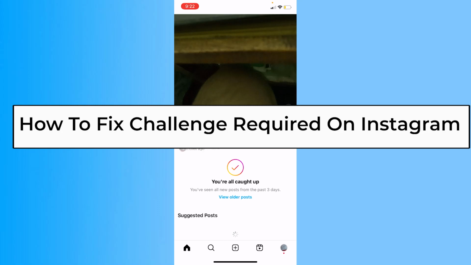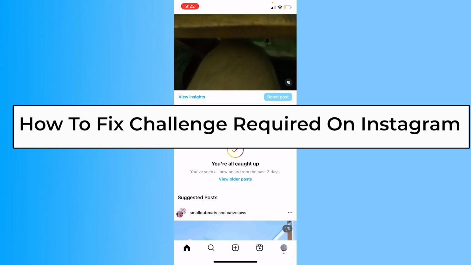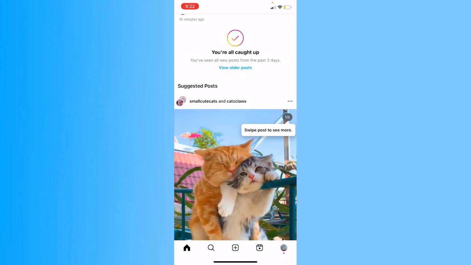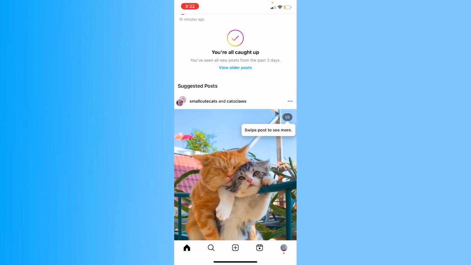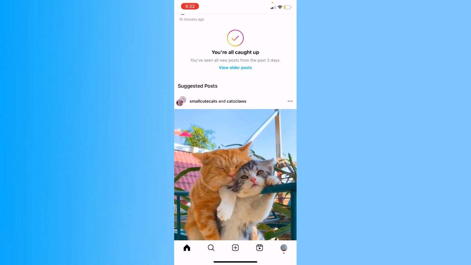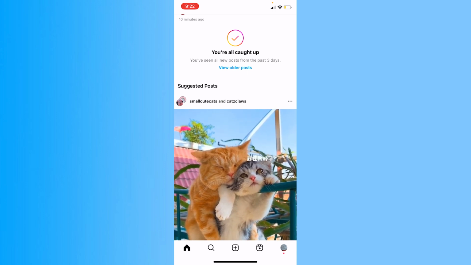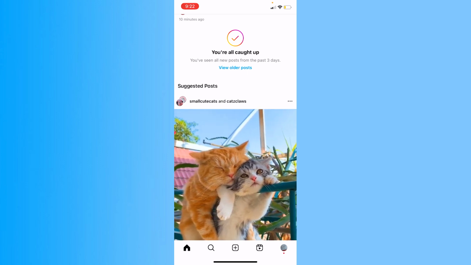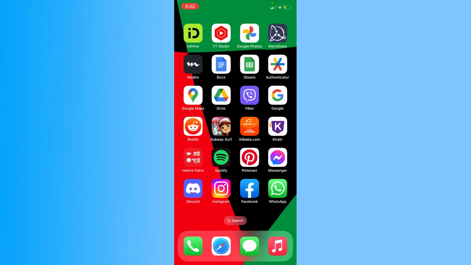Today I'll be teaching you guys how you can fix challenge required on Instagram. If you're facing this problem, you won't be able to use Instagram because it's just going to show you that error. I also had that error in the past, but I just fixed it, and let me show you how I did it. So the first thing you want to do is just close your Instagram and reopen it